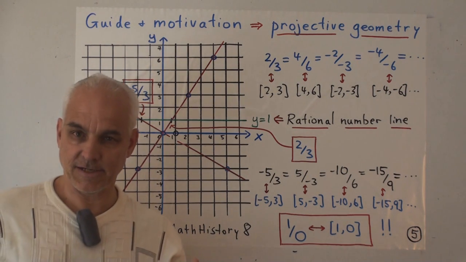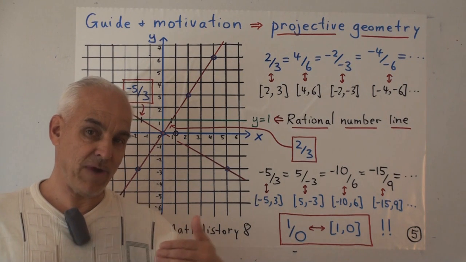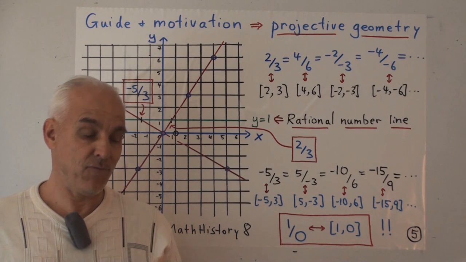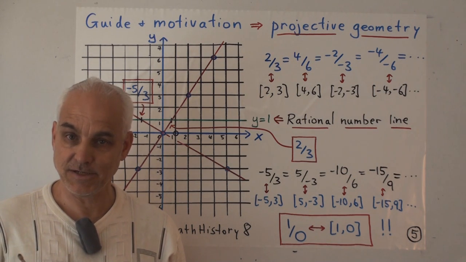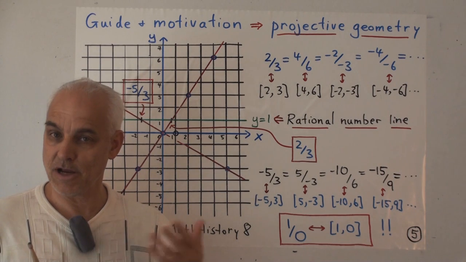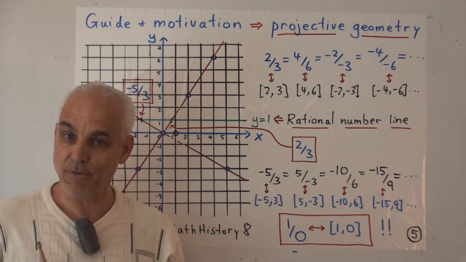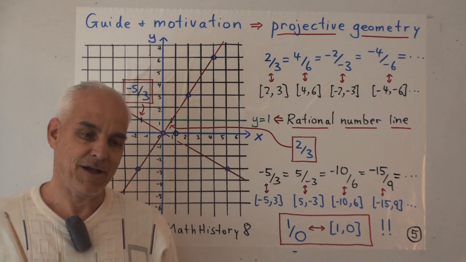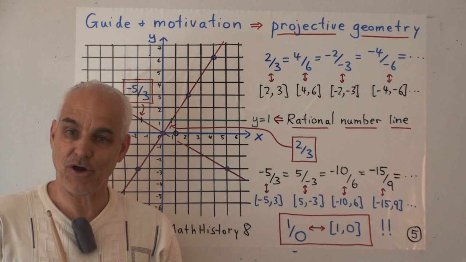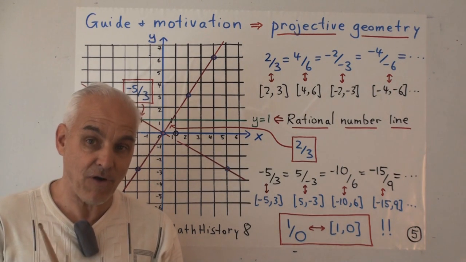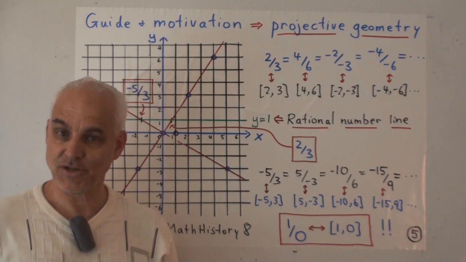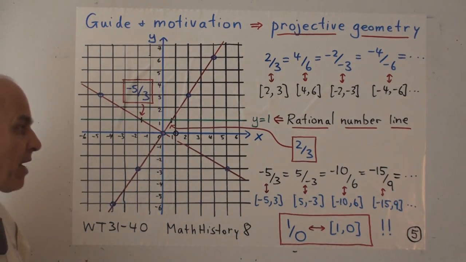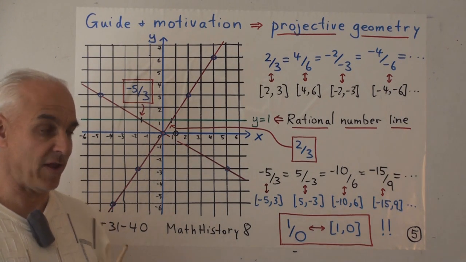So what we have here is a situation where we're thinking about the rational numbers as manifested in a two-dimensional sense. And of course, if you've watched the last few videos in this series, about 5 or 6 videos ago, we were talking about the deep structure of the rational numbers. We talked about the Stern-Brocot tree. We talked about a two-dimensional representation of rational numbers with wedges involved. So if you haven't watched those videos, please have a look to reinforce the idea that it might be useful to think about rational numbers in a two-dimensional sense.